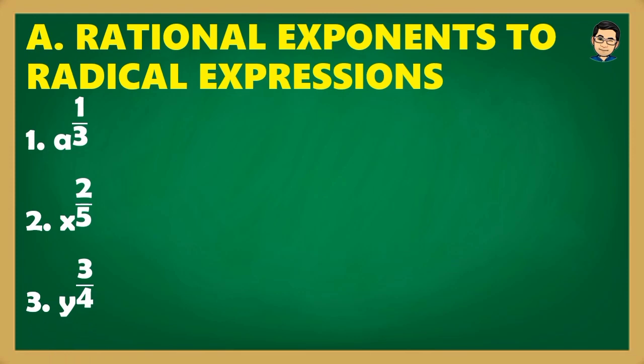So, ayan po yung ating mga given. The first one, a raised to 1/3. Yung a po natin dito, yun yung radicand. And then yung 1, yung power na kung saan naka-raise yung radicand natin. And then yung 3, ang magsisilbing index o yung root. So, pag sinulat po natin yan,